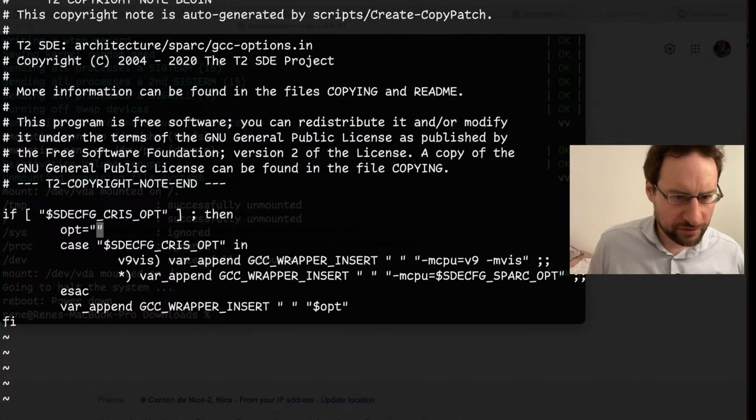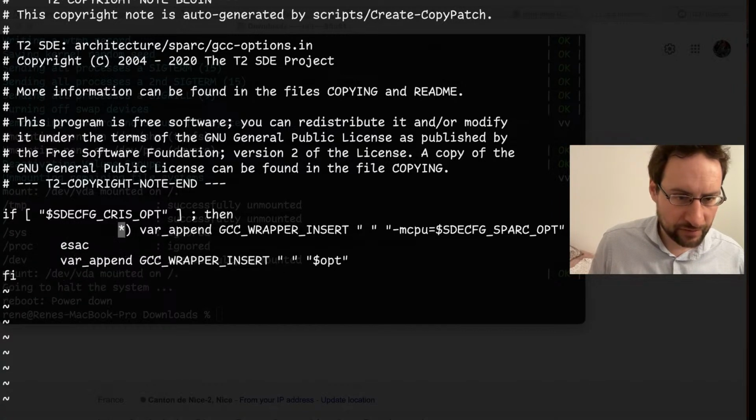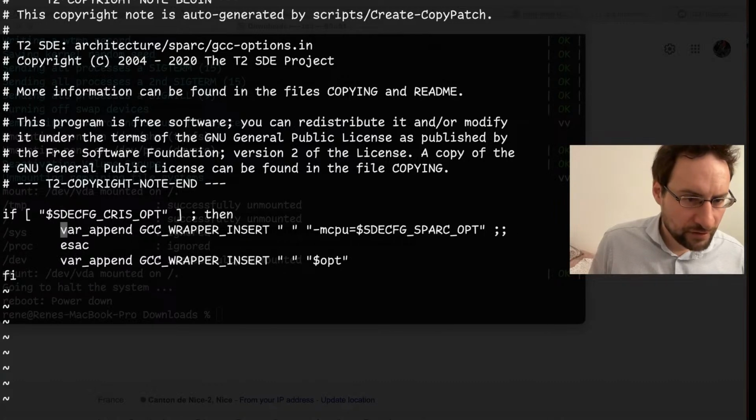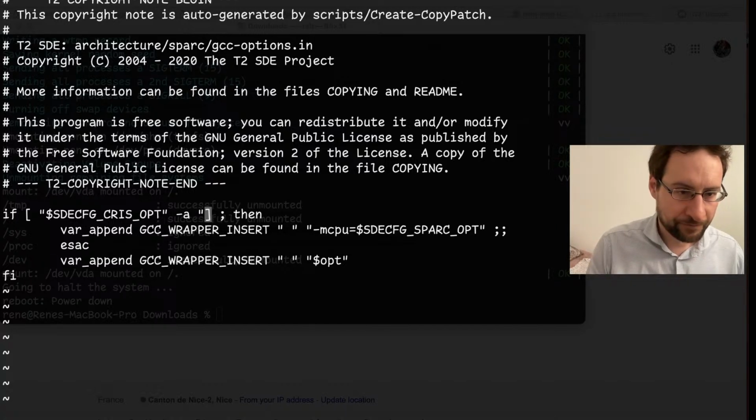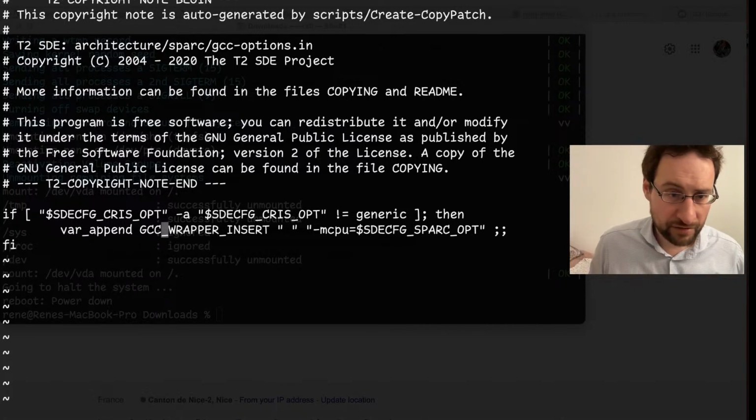Is it generic or? So that has some custom YOLOing here. I guess I had said generic, usually I have generic, then was it MCPU? We should actually check that.